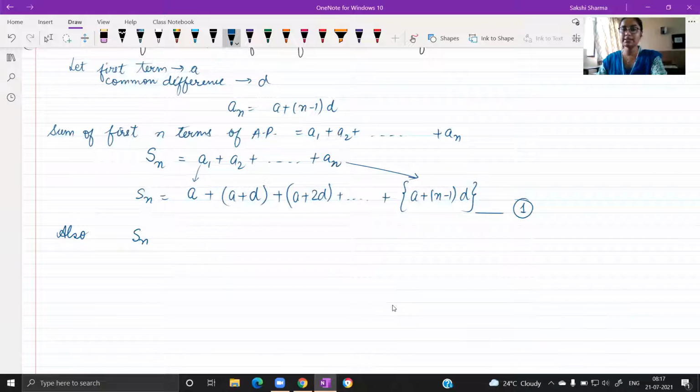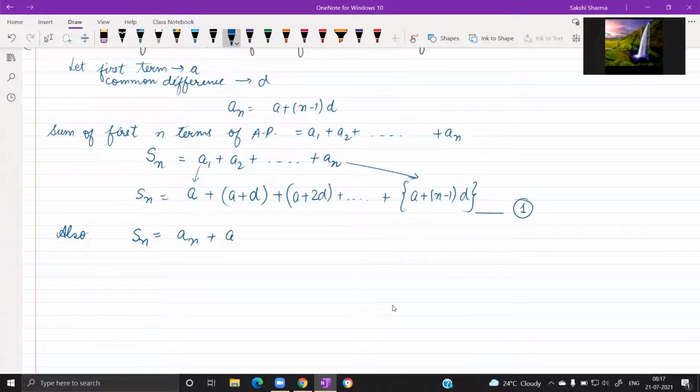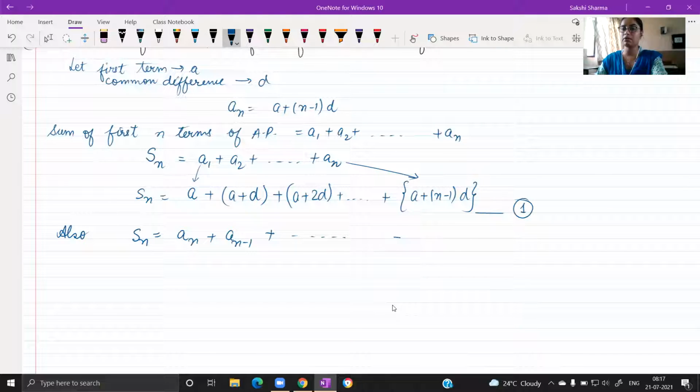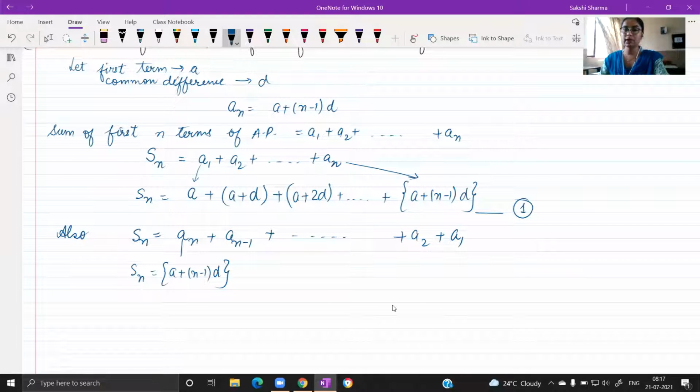Also, the same sum of the first n terms can also be expressed like this, writing the sum in reverse order. We are not rearranging, we have only written it in reverse order. Rather than adding 1, 2, 3, 4 up to the nth term, it's done in reverse. From the nth term, coming to the previous terms, we come back to the first term, backwards as far as we have to do the addition. Putting the values again, Sn is equal to A plus n minus 1 times D, the value for